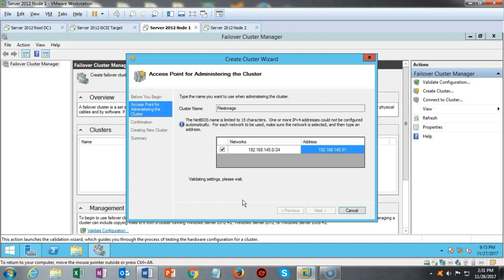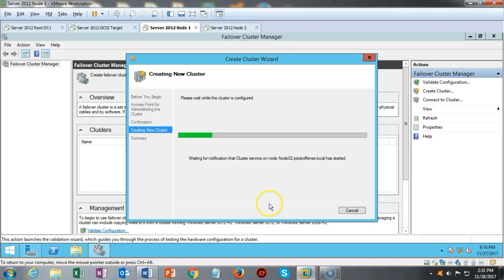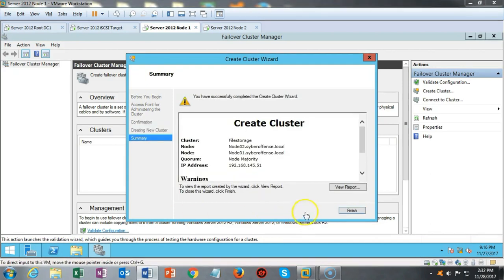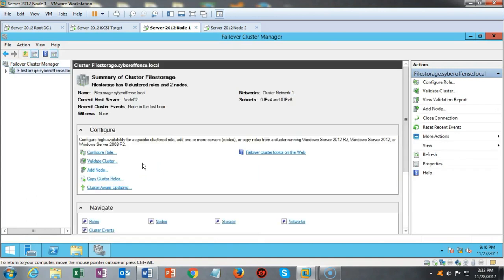The validating settings continues on. That brings up the confirmation page where we can say Next, and the creating of the new cluster begins. Once we have completed the creation of our new cluster, we can go ahead and click Finish, and we see now that we have our cluster present, and it's going to refresh, and it's going to give us some information